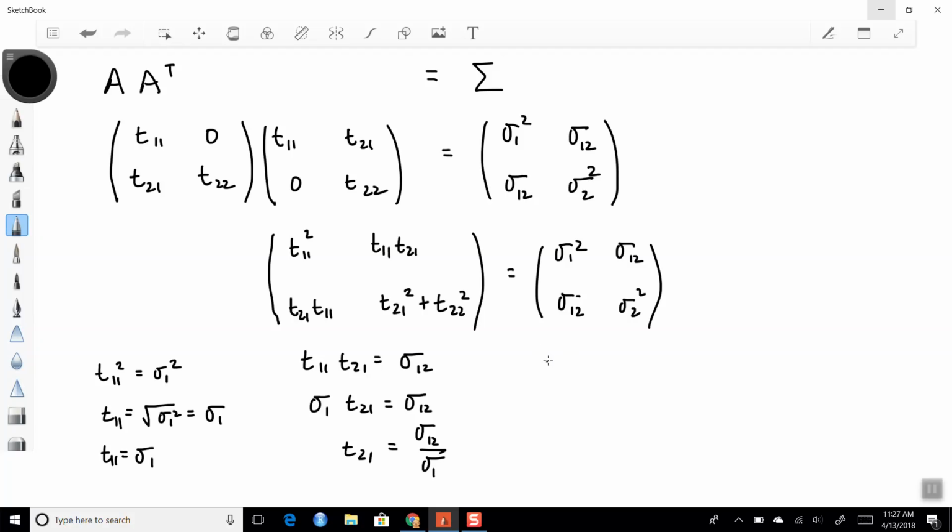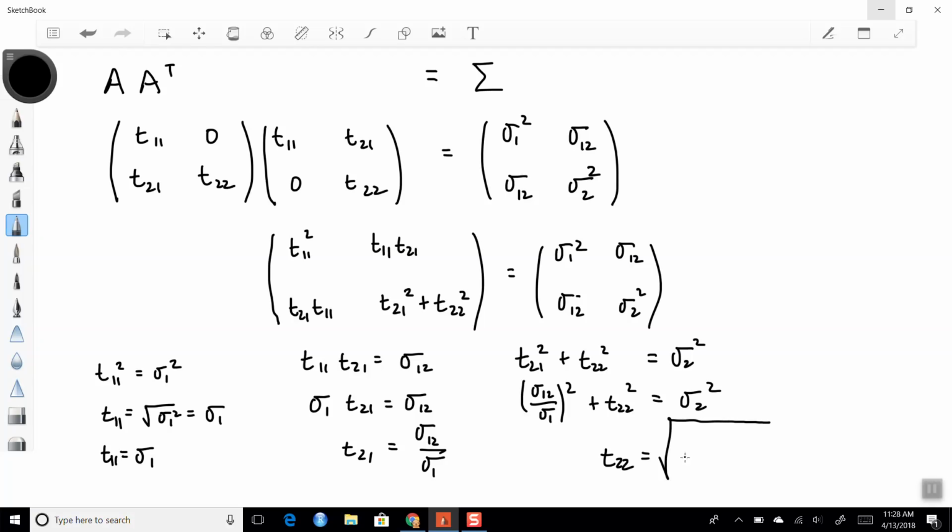And then lastly, I got this. T21 squared plus T22 squared is equal to sigma 2 squared. And we learned T21 is this. So I got sigma 1,2 over sigma 1 squared plus T22 squared is equal to sigma 2 squared. So solving for that, I get T22 is equal to the square root of sigma 2 squared minus